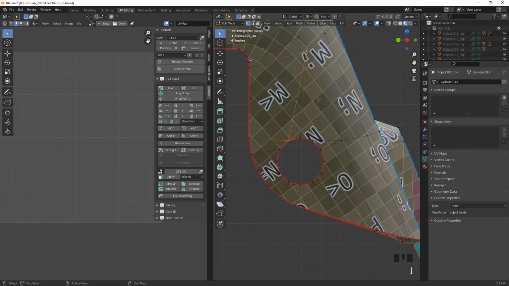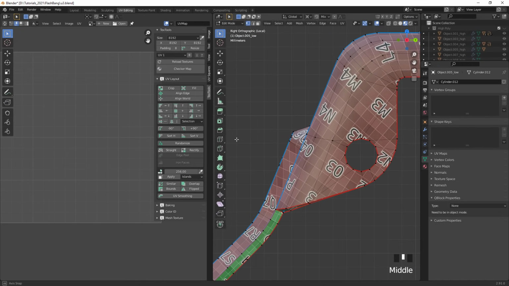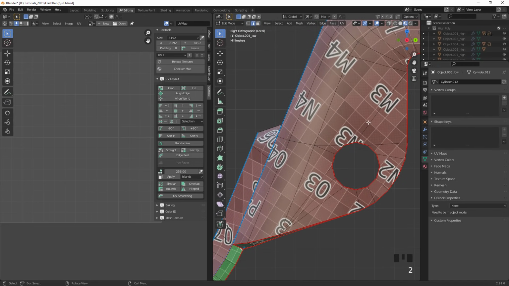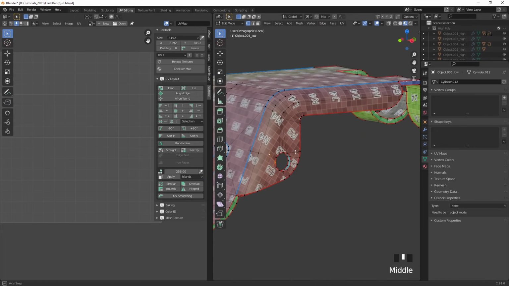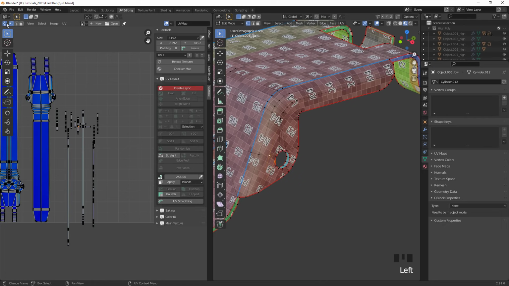Let's connect these vertex points like that. And here, let's also connect it. And then let's do the same thing here on that side. Let's connect it here the same way that we did it on the other side. Since we don't have our symmetry modifier on it anymore, we just have to do it the same way here on both sides. It might honestly not be essential to do that, but I think that results in a better